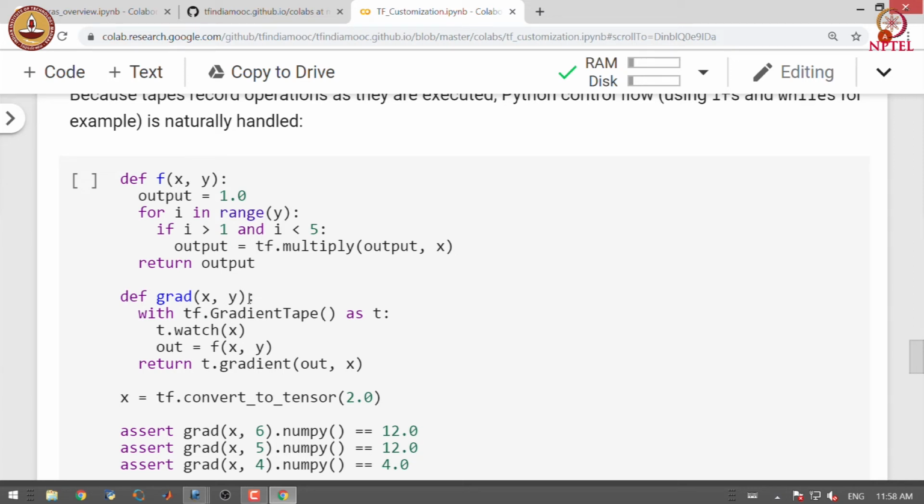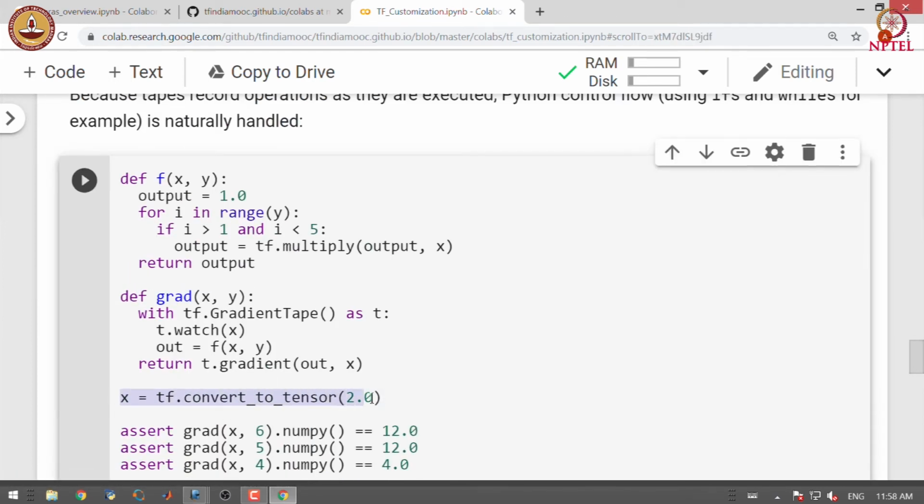So, this is an example where we first define a tensor containing value 2, and then we define a function called grad.